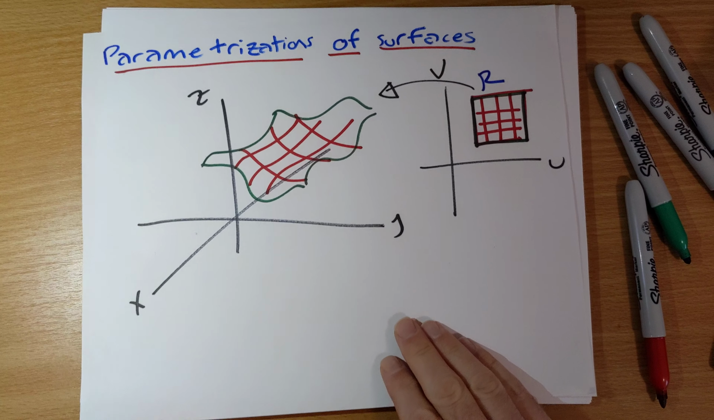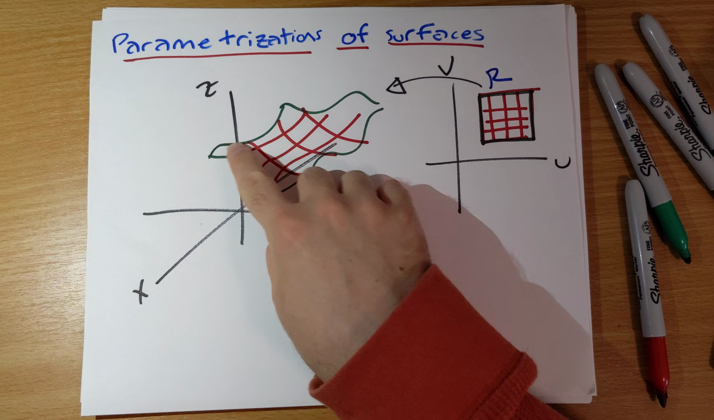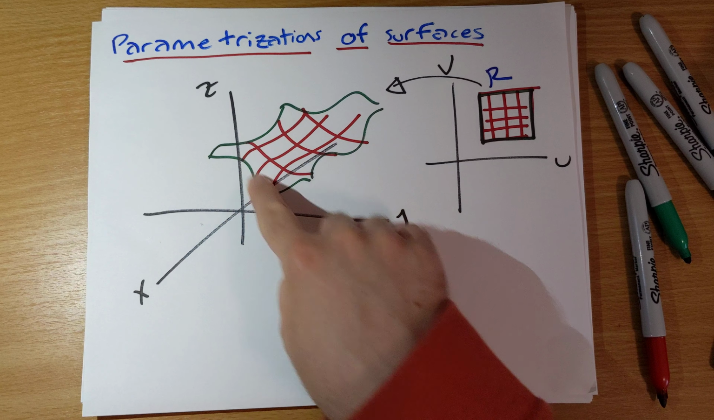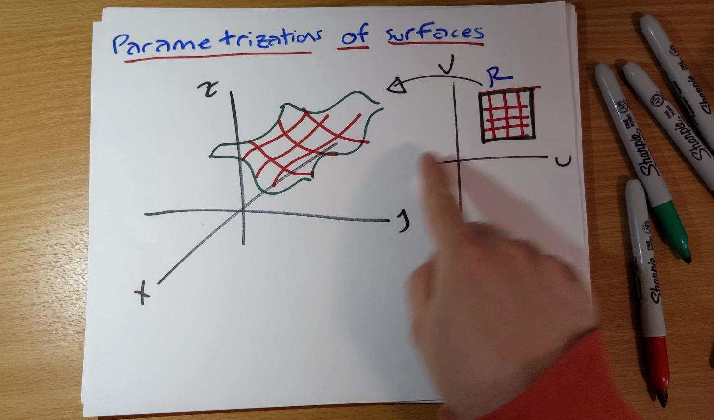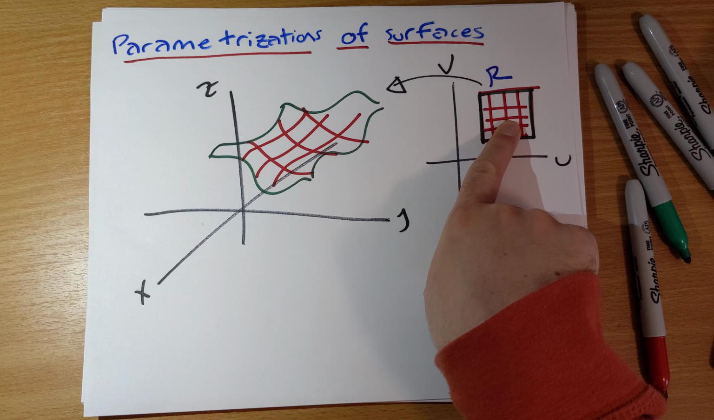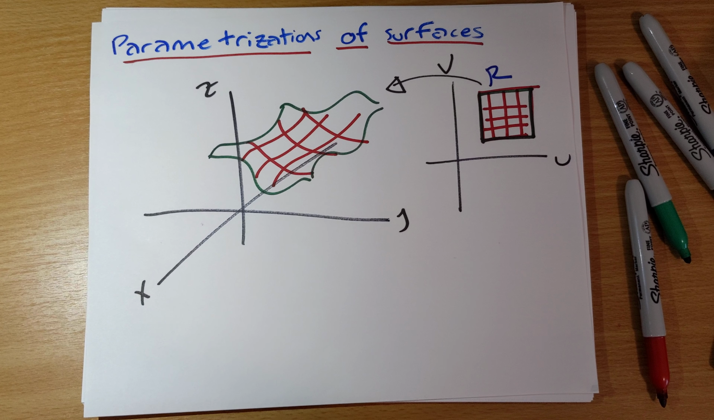At this point, now that we've talked about what parameterizations are, we want to talk about how to use parameterizations to come up with surface areas. So let me just bring this picture back here. What's the surface area of this surface here? If we know our parameterization from the UV land to here, we want a formula that will give us the